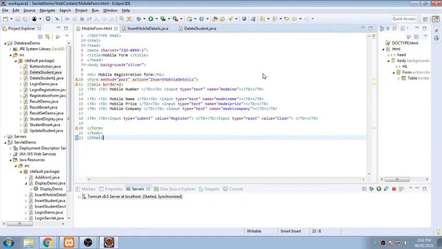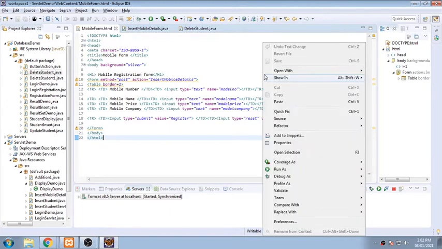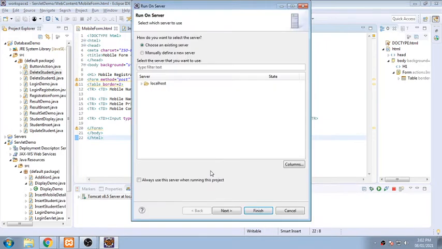So when I run this program, we are creating one GUI, that is an HTML page, and this HTML page is inserting something into a database.